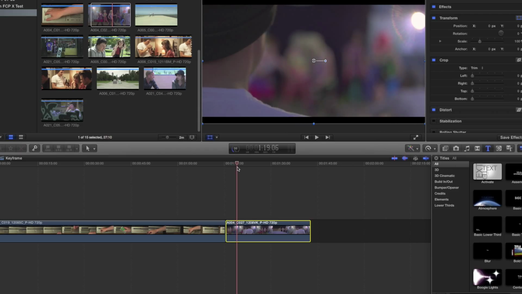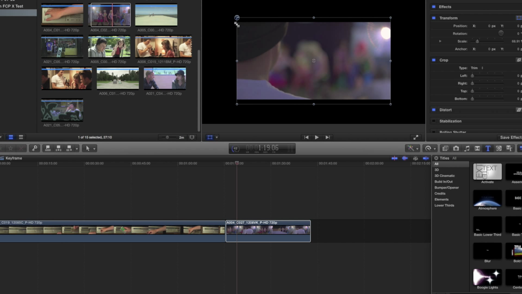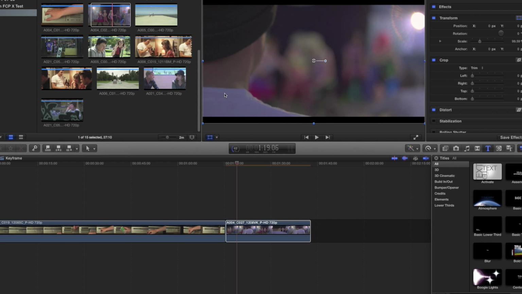All right. And if I want, I can resize and position the clip wherever I want it. So if I want to scale this image down a little bit, I can drag it in and make it a little bit smaller, but I'm going to leave it the same height that it actually is. But you can scale it down if you want to, and that animation will happen in that spot. All right. Now I want to click the Add Keyframe button, which you're going to see right here in the middle. So I click that Add Keyframe button